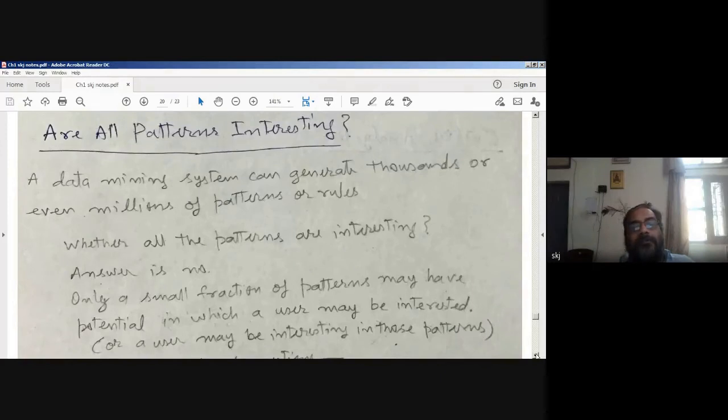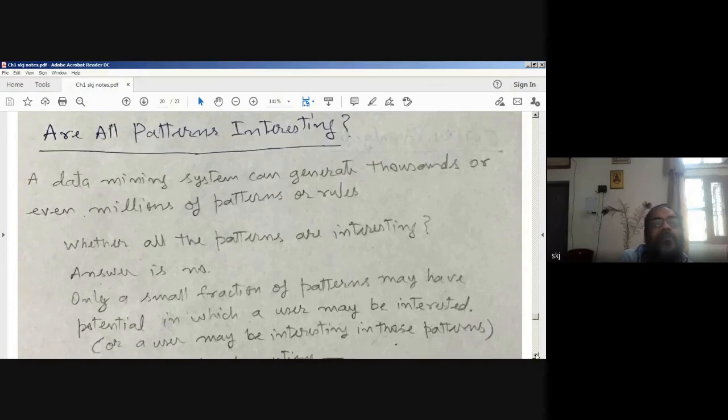Another question. Somebody will talk about an interesting pattern, and another person will ask, what do you mean by interesting? How do you define the term interesting from your point of view? Because some pattern may be interesting for one category of person, while another category of person may not be interested in that pattern. So how is the interestingness for a person defined and measured? Some kind of measurement we need to develop.